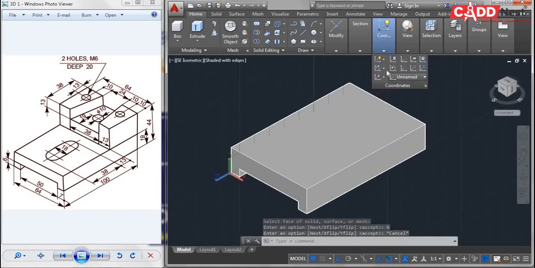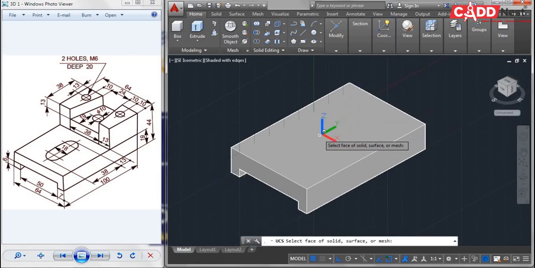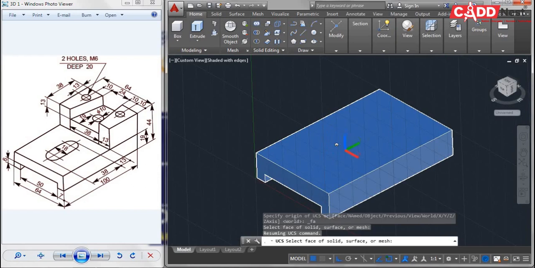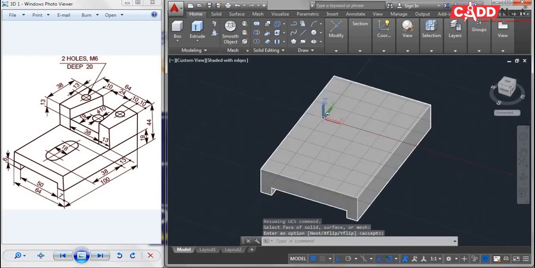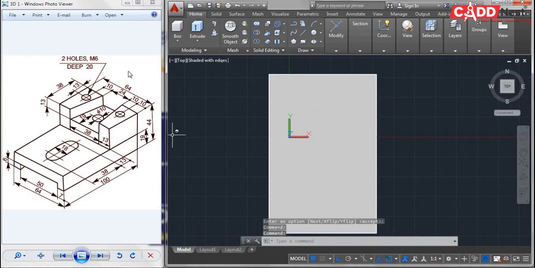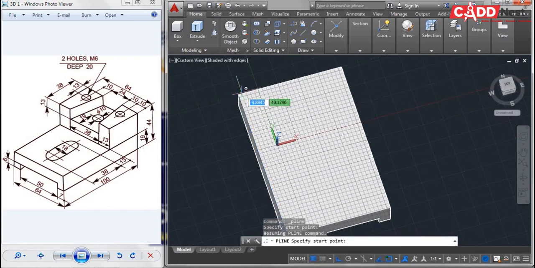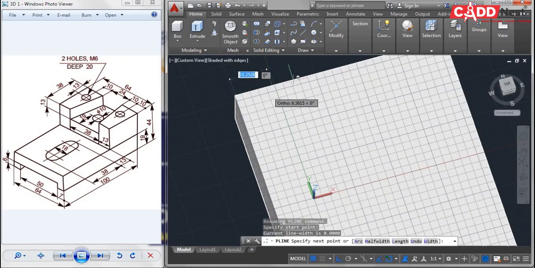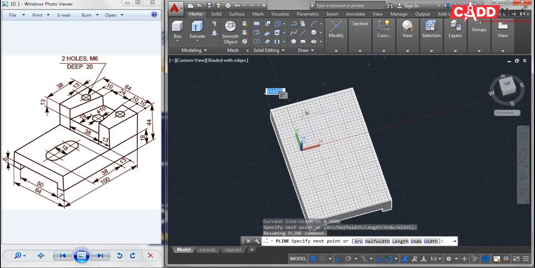Here I'll be going to coordinates, and I'll be taking face as my reference, and I'll be clicking on this top face. Then I'll be defining this top profile. I'll be again taking polyline, selecting an edge here, and this distance should be 64.